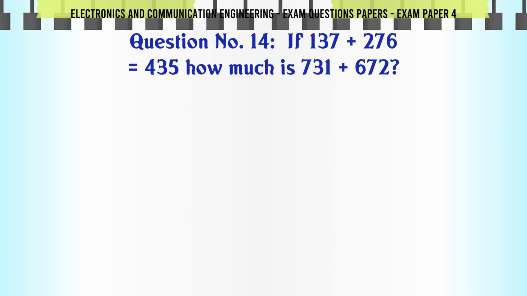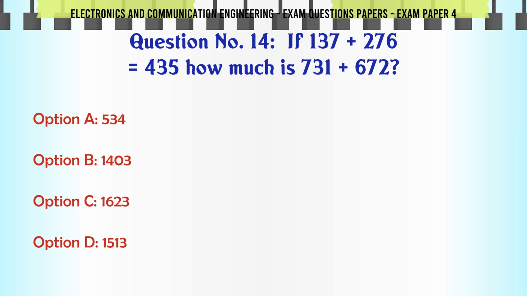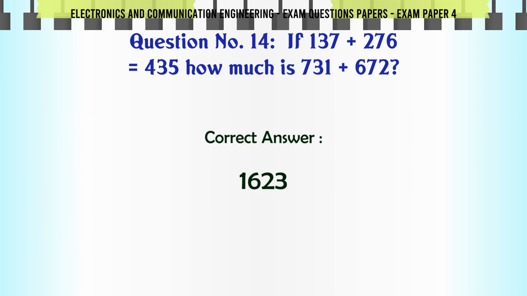If 137 + 276 = 435, how much is 73 + 167? A. 534, B. 1403, C. 1623, D. 1513. The correct answer is